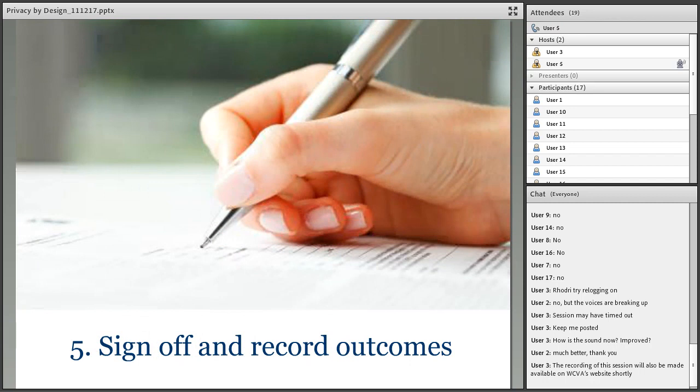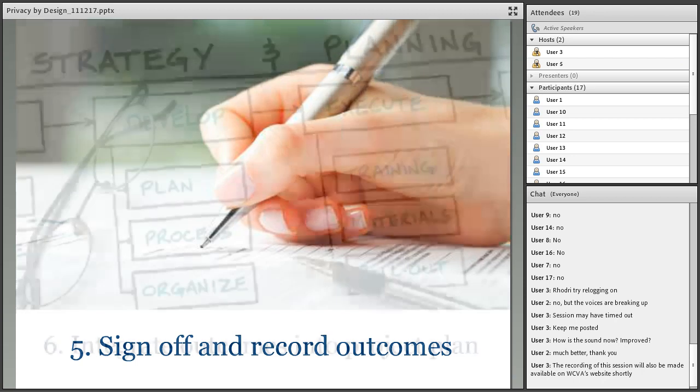The next step: sign off and record outcomes. Keeping a record of the process will ensure that the necessary measures are implemented. It can also be used to assure the public, the ICO, and other stakeholders that the project has been thoroughly assessed for privacy risks. A DPIA doesn't necessarily require a formal signing off process, but this will depend on the nature of the project. If a charity is working on a large-scale project with a higher level of risk, then it would be good practice to ensure that the DPIA has been signed off or approved at senior level. For smaller projects, it might be appropriate for the project leader to accept the privacy risks rather than having that higher level of sign-off.